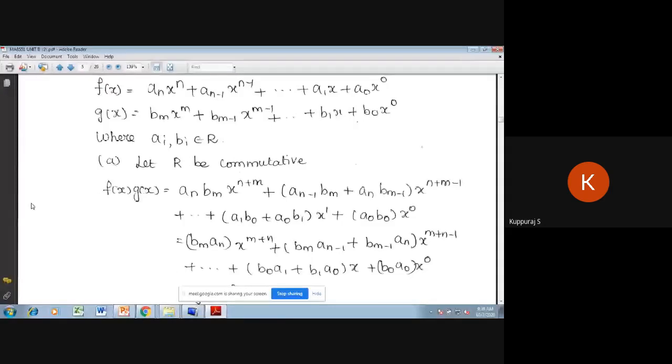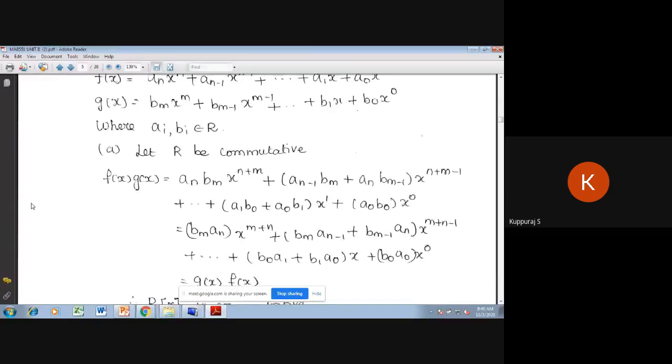the degree of f of x into g of x is n plus m. So collect the coefficient of x power n plus m, that is an into bm. Then collect the coefficient of x to the power n plus m minus 1, that is an minus 1 into bm plus an into bm minus 1. Okay. Then the third term will be the coefficient of x to the power n plus m minus 2. Okay. So up to a1 b0 plus a0 b1 into x power 1 plus a0 b0 into x power 0. Okay. So then,